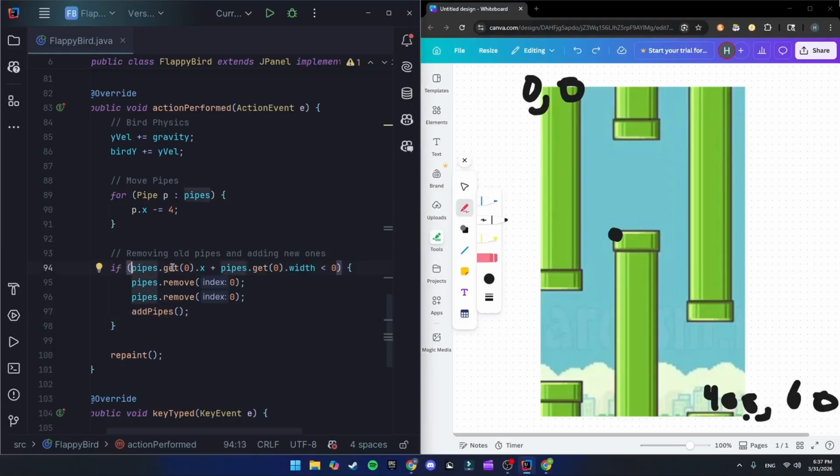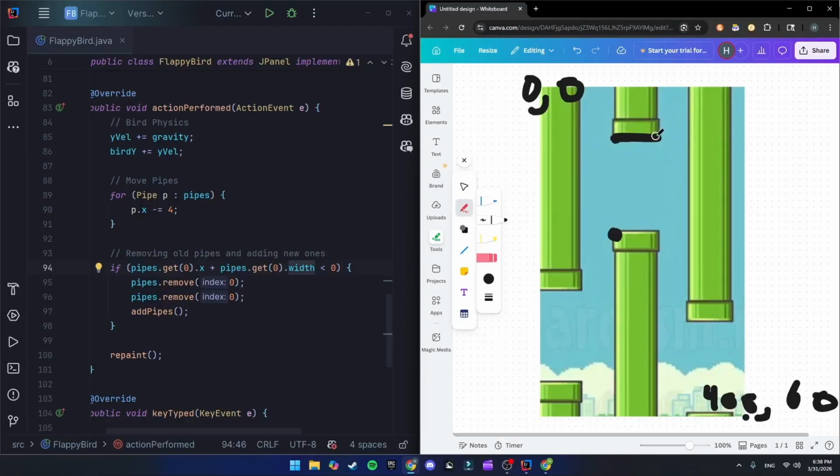If the first pipe, because we're using 0 as our index, so it's like the first one in the array list, if its X value plus its width is less than 0, so X value would be right here, and then width would be this whole thing. That means the point it's referring to is this point right here. So for this to be less than 0, that point has to appear behind the frame or the screen, because this right here is 0, 0. So once it's behind the frame that you can see, then we can remove